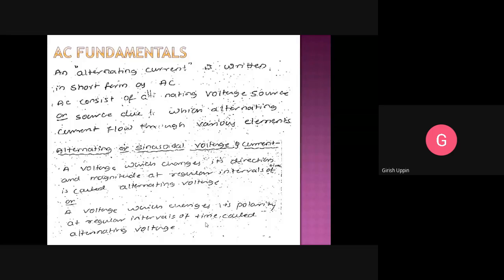Out of that, we have chosen the sinusoidal voltage form. So sinusoidal voltage form is what we mean whenever we talk about the AC, and even our household connection is an alternating quantity which is in the sinusoidal form. Okay, we don't tell it as a sinusoidal alternating quantity. Inherently it means the sinusoidal form.